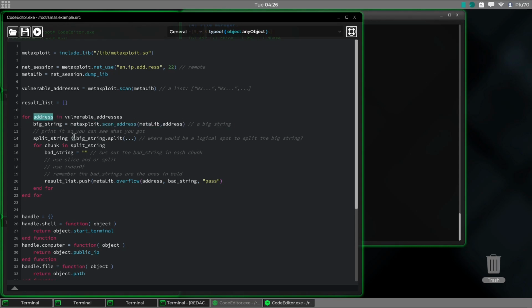You're going to get that, and then you're going to split it. I want you to print out that big string so that you can see what's going on, and decide where an appropriate spot would be to split that string so that you get a chunk with just one bad string per chunk. And then you're going to do some slice or split and index magic to get the bold string out